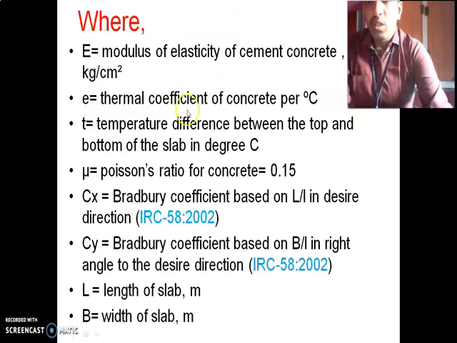And then we have more problems. Calculate the radius of relative stiffness. Radius of relative stiffness, 15 centimeter thickness cement concrete slab from the following data: E equal to 21,000 kg per centimeter square, Poisson ratio mu equal to 0.13, K equal to 3 kg per centimeter cube, or 7.5 kg per centimeter cube. Okay. Now we have to go for the third problem.